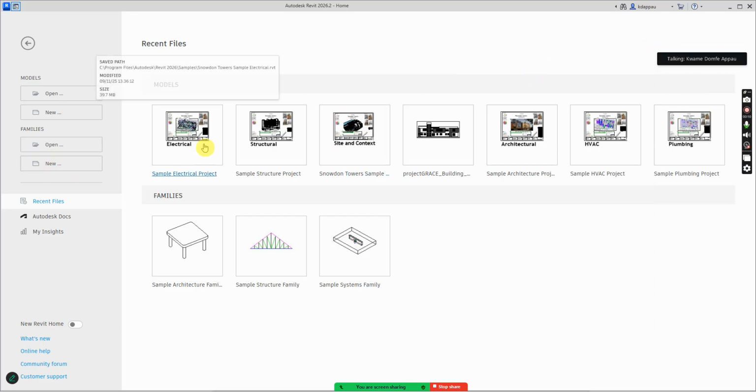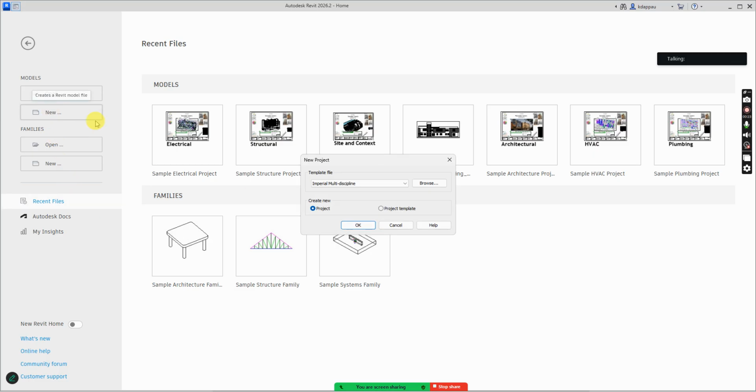Okay. This is a Revit startup screen. Now, when you want to start a new project, you always start with a template. So I'll go to new. I'm using Revit 2026. When you start a new project, you see a new project dialog box here, and you'll be required